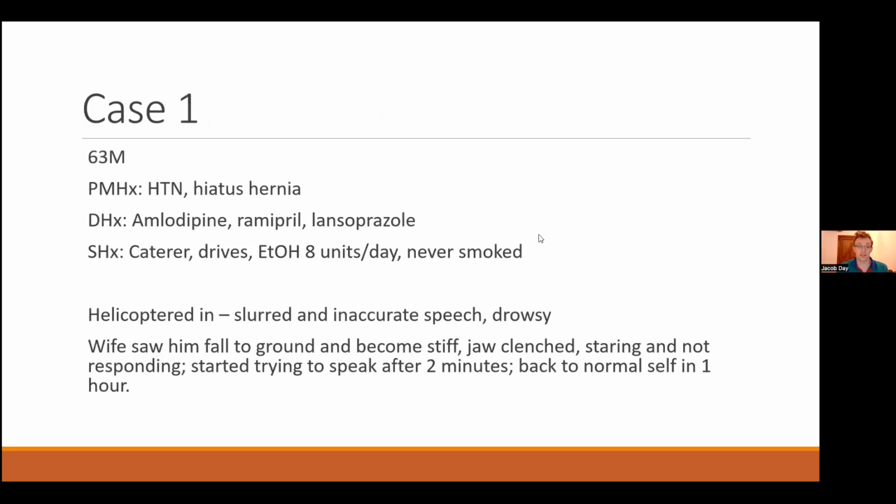So 3 cases to start with. They're all cases I've been involved with in the last few months, so real life cases. In Plymouth, as neurology trainees and neurology doctors, we do the stroke service as well. So we spend quite a lot of time in ED seeing people presenting at the front door with something neurological, and the key question really is, is it a stroke? Do I need to thrombolyze them, or is it something else? Is it a seizure or what?